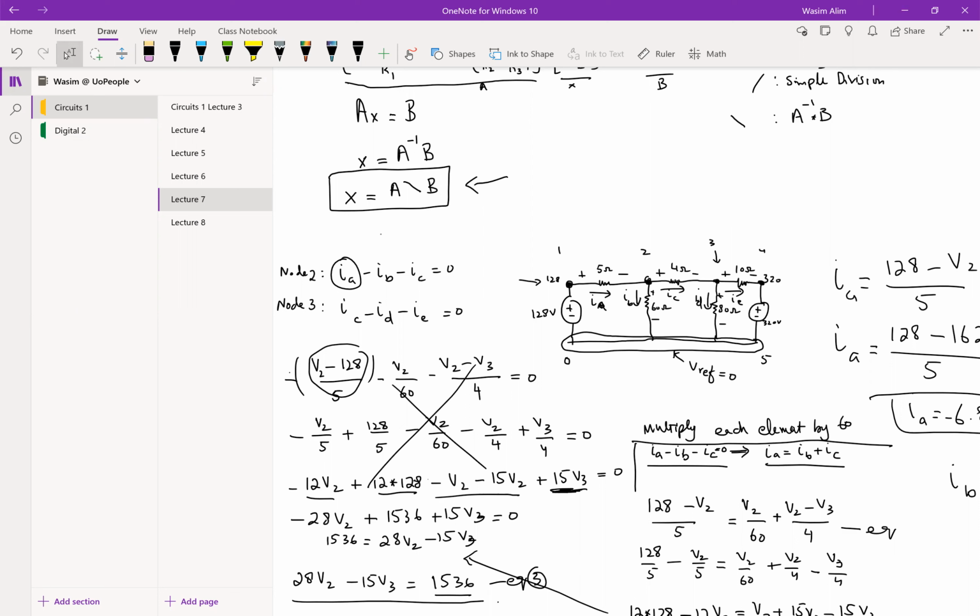Right. So this one is a great example. If you look at this circuit here, so we have, over here,